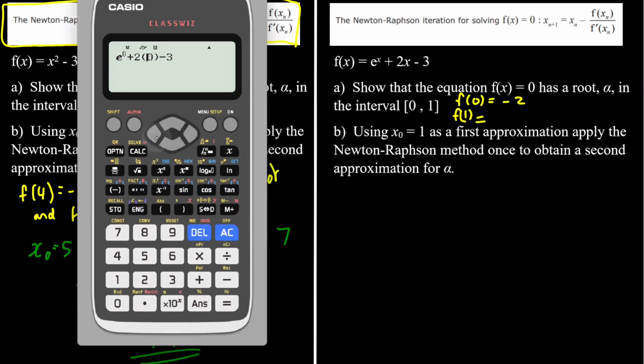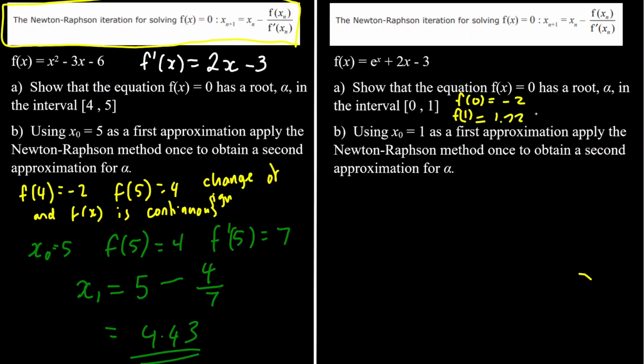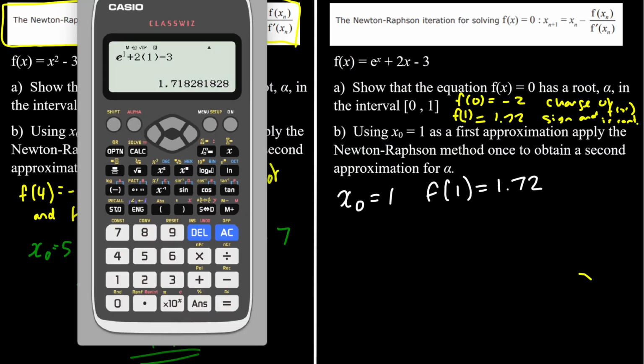And for 1, we get 1.72. So again, we've got a change of sign and a continuous function. Using x0 as 1, as a first approximation, apply the Newton-Raphson method. So we know x0 is 1, f of 1 is 1.72, and I'm actually going to store that as a,